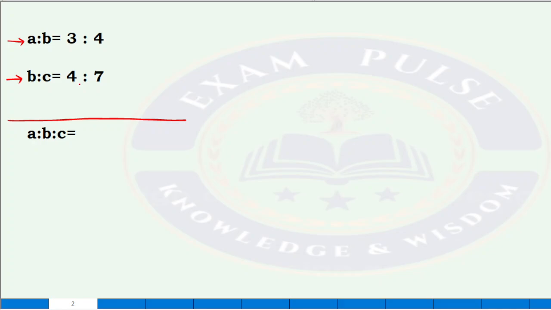In order to combine the ratios, first we need to check two conditions. What are those two conditions? The first condition is we need to check whether the given ratios are in continuity or not. What does it mean? If A is to B is ending with B, now the next ratio should start with B only. Then we will call that ratio a continuing ratio, or it is in continuity. That is the first condition.